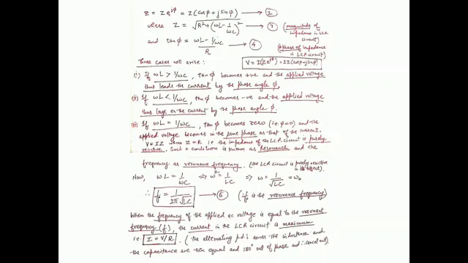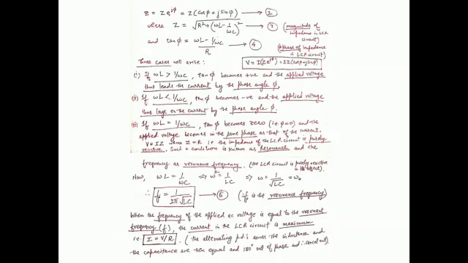Further, we express the potential difference, the voltage across the LCR series circuit, to be equal to the total current I times the total impedance Z cross, which is simply expressed as Z times exponential of j phi, or which is simply I Z cos phi plus j sin phi. Now, three cases are going to arise from this.